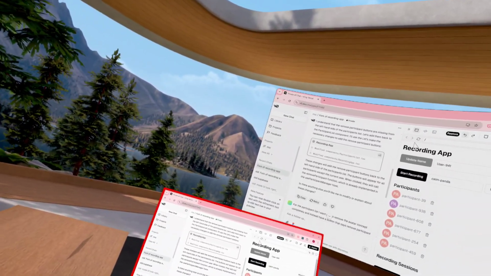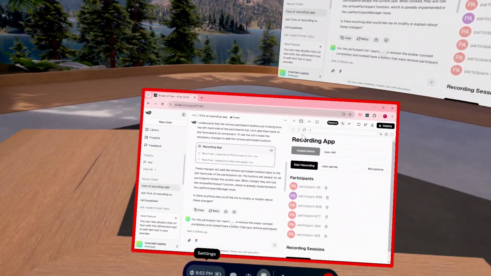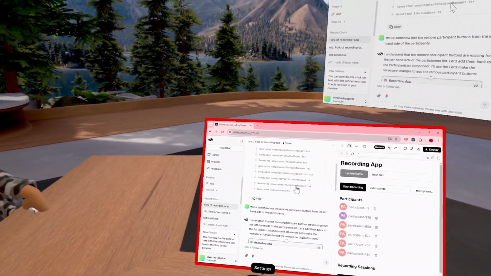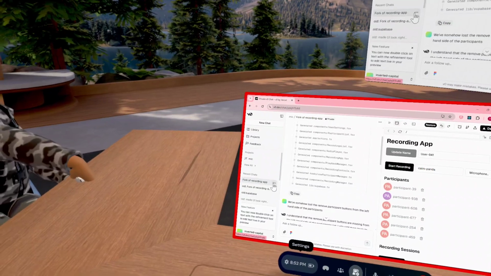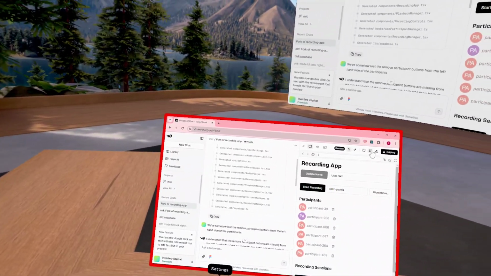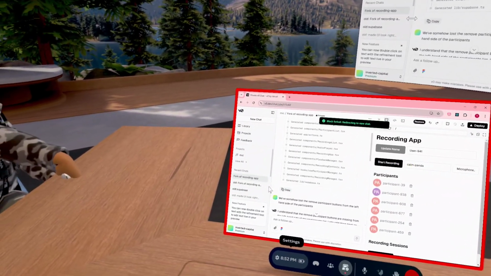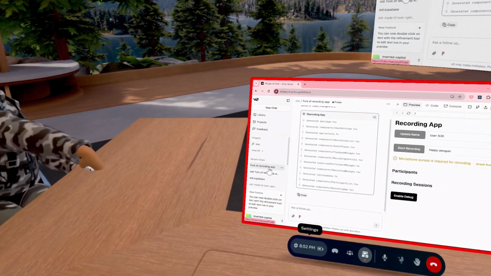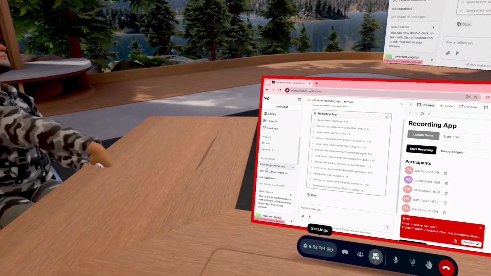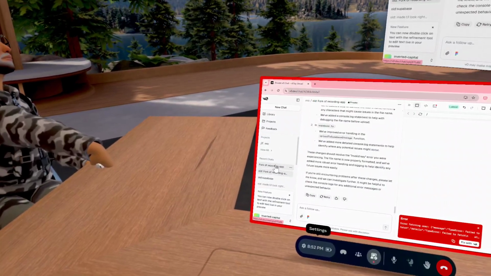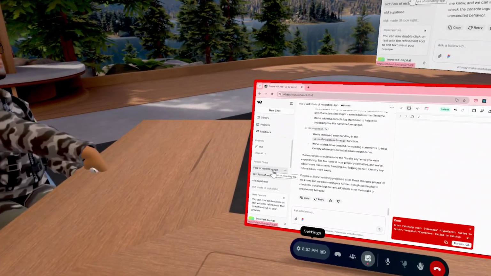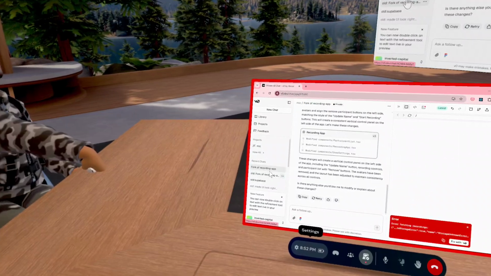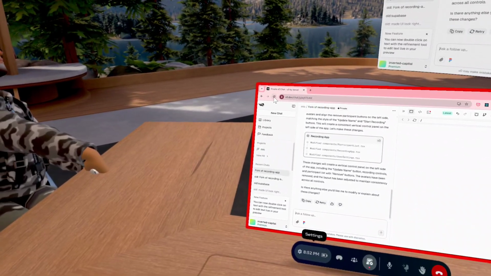Because I can fork this. So I'll make a fork of this chat just because I want to show you something and I don't want it to break. I was sort of in the middle of something.